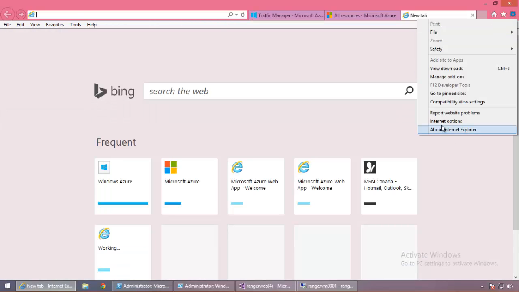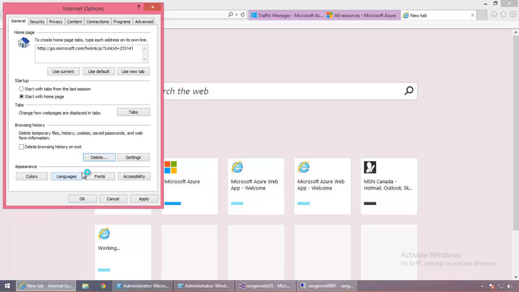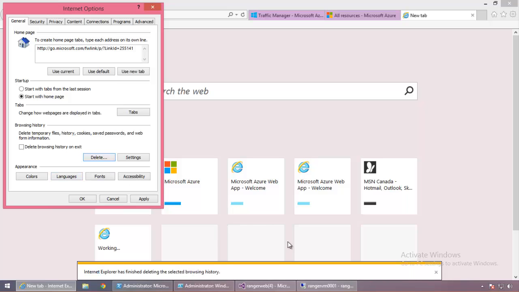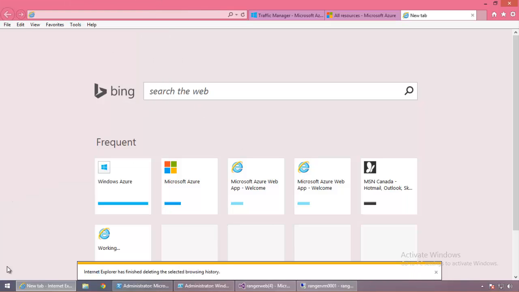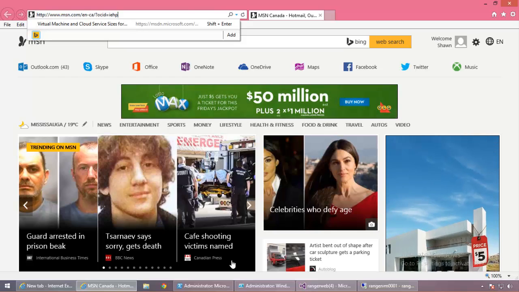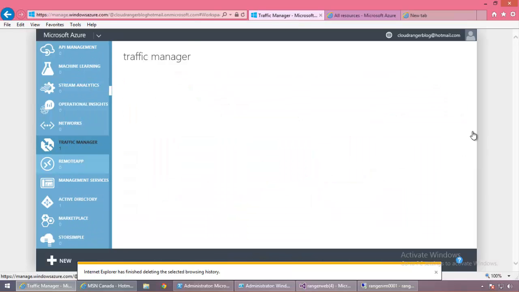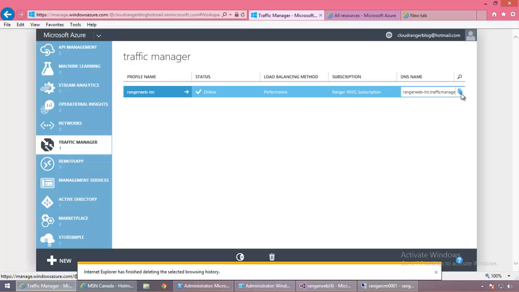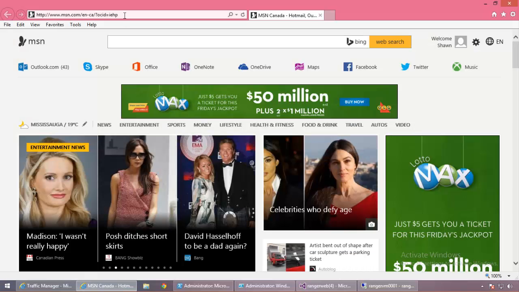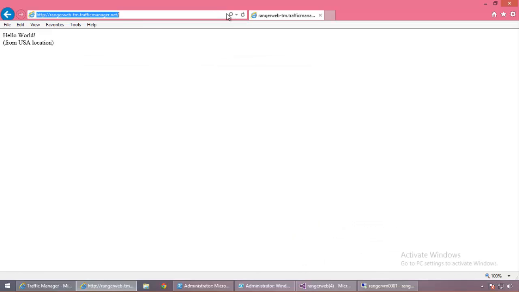I'm going to delete all my cache here just in case. Okay, history is gone. You know what? Fire up a new browser. Let's go to, nothing is there, so we need our URL. So let's go to .url and get it from here. Traffic manager. I need this URL. Copied. Let's go here. Control V. Try that. See, it's still going to the US location